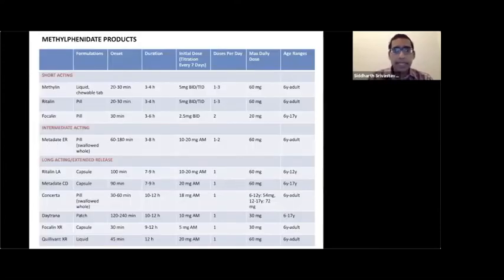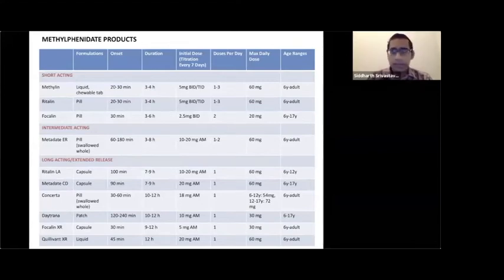Choosing which medication depends on your preference for the duration of the medication and how your child can take medications. Within each class of medication, there are short-acting forms lasting about 3 to 6 hours and long-acting forms lasting upwards of 12 hours. There are pill options, which you can't crush or chew. There are capsule options, which you can open up and sprinkle onto food, yogurt, applesauce. There are chewable pills, which you can chew. There are liquid solutions, and there are also patches which you can apply onto the skin.